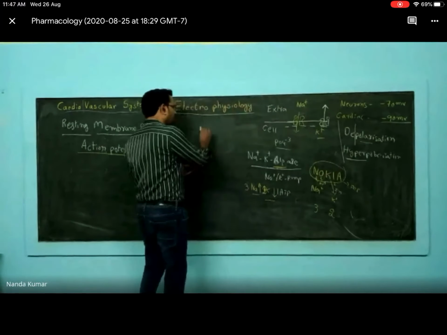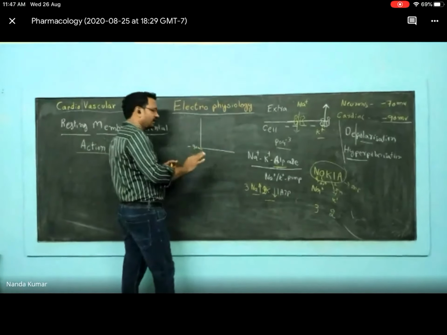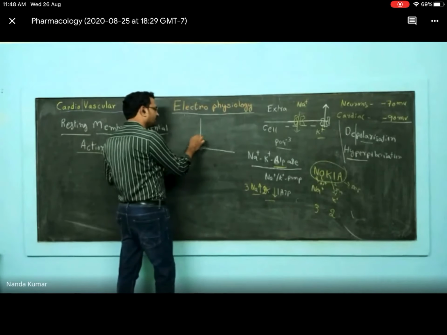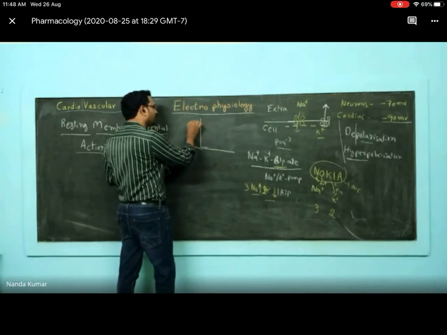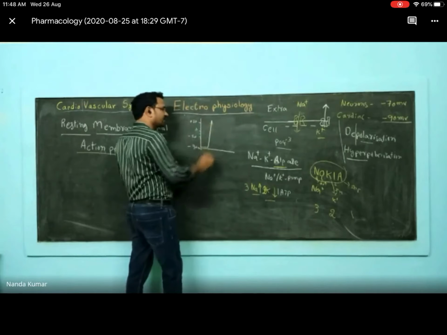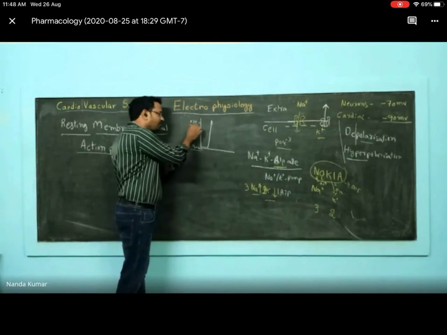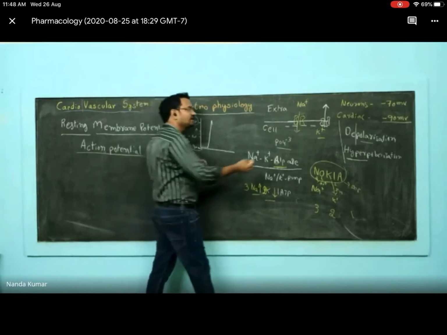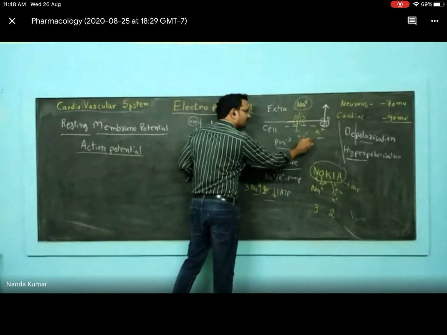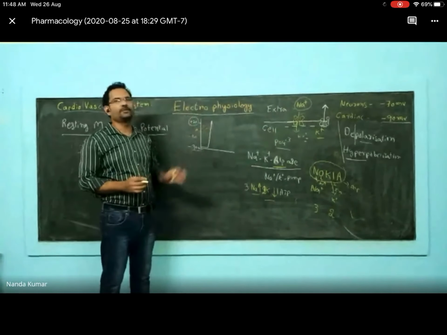So when you plot on a scale, normally the baseline, the cell will have minus 90 millivolt current. Imagine this one is minus 50, and then you have 0, and then plus 20 voltage is there. When sodium comes inside, this kind of spike occurs. Why this spike? The potential is changing from minus 90 to plus 20. Why is it changing? Sodium has got a positive charge. When it comes inside, all sodium ions bring a positive charge, so the negative slowly converts into positive charge. This is called depolarization.